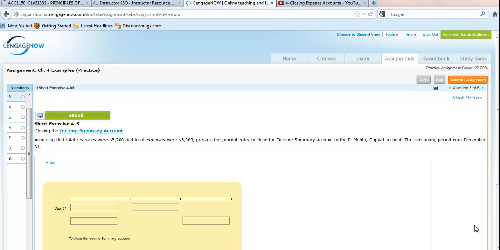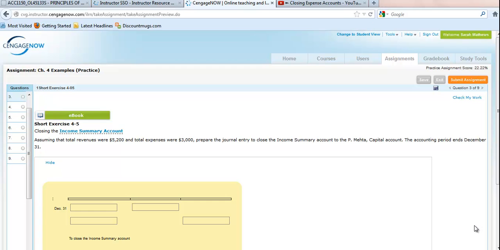Now we're going to look at step 3 in the closing process where we close the income summary account. So remember, from step 1 we place the amount of revenue into the income summary account, and then from step 2 we place the amounts of our total expenses into the income summary account. So at this point the amount in our income summary is going to be the difference between our total revenues